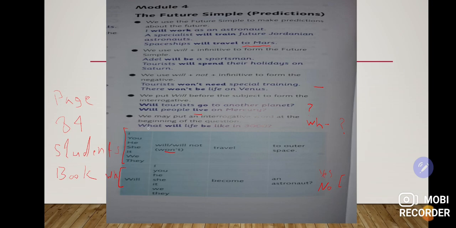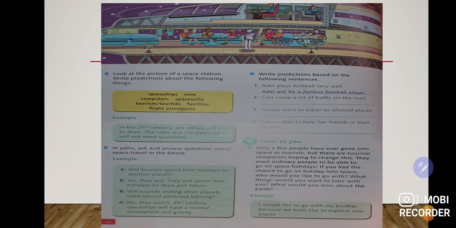Like this: what will life be in 3030? They will travel to outer space. Now, after we've learned Module 4, the future simple, we will move to the next slide.